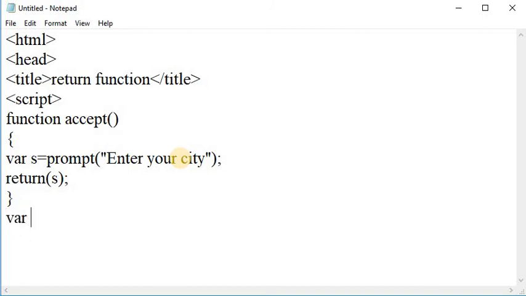Here I am taking another variable, that is r, and in that r I am calling the accept function. Close the bracket, and here I am writing document.write r.